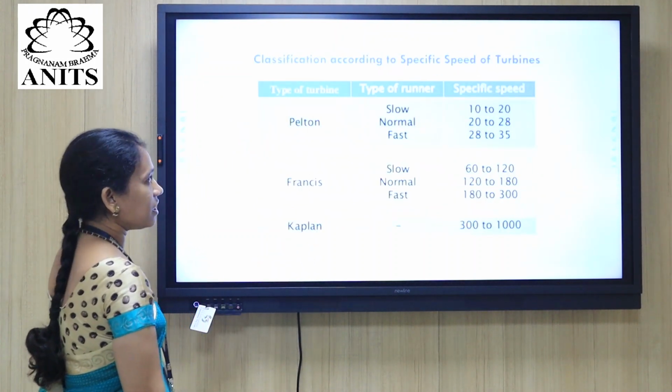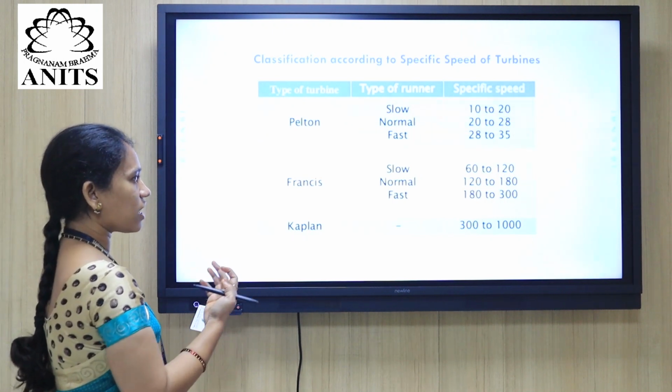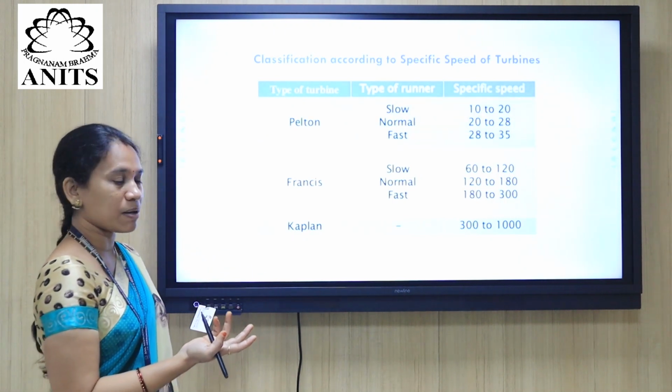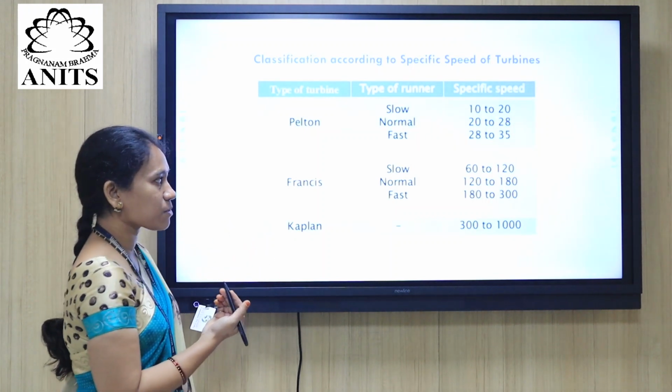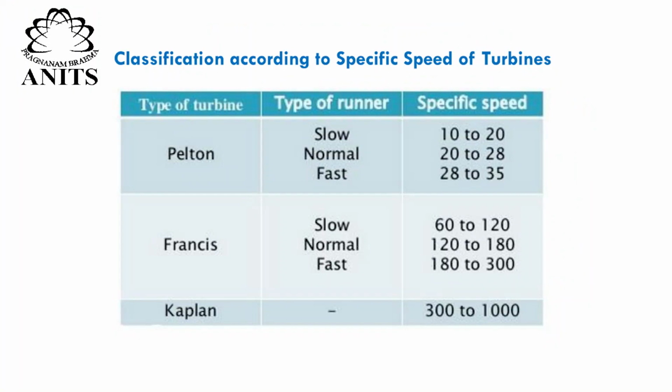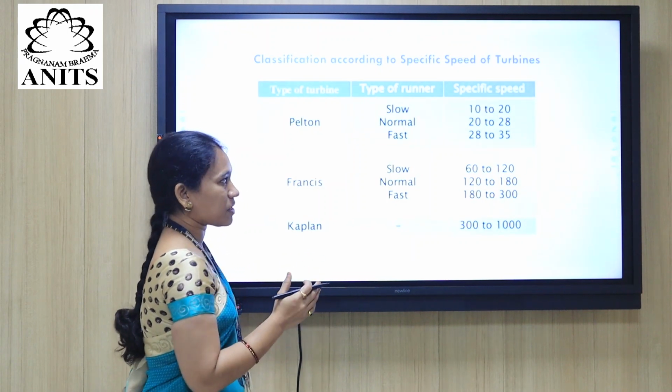So here we can see type of runner and the specific speed. In Pelton turbine also, there will be 3 types of runners: slow, normal and fast, and corresponding specific speed values are given here for all the 3 types of turbines and for the 3 types of runner. In case of a Pelton turbine, if it is a slow type of runner, the specific speed of